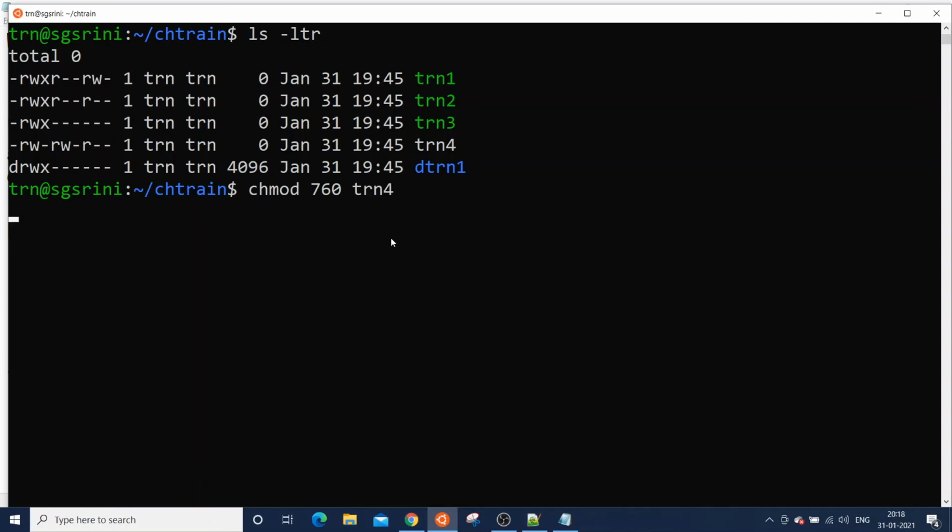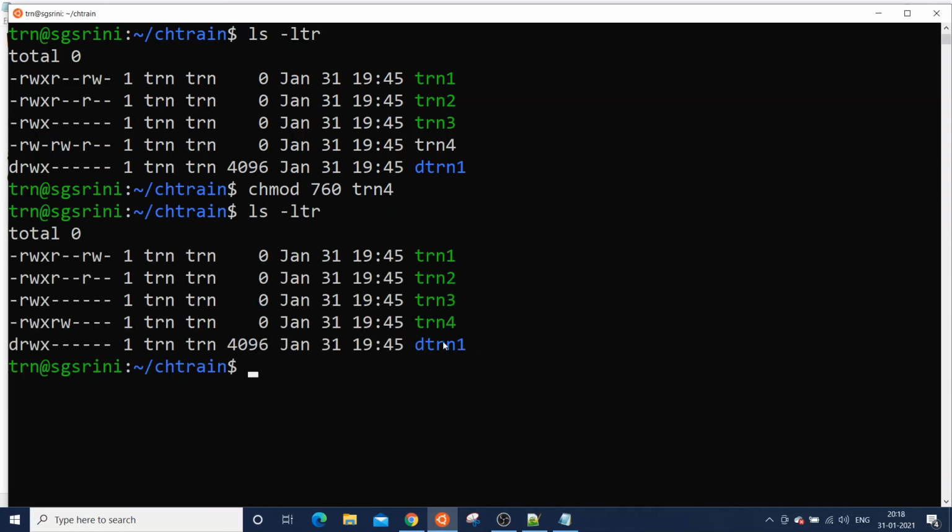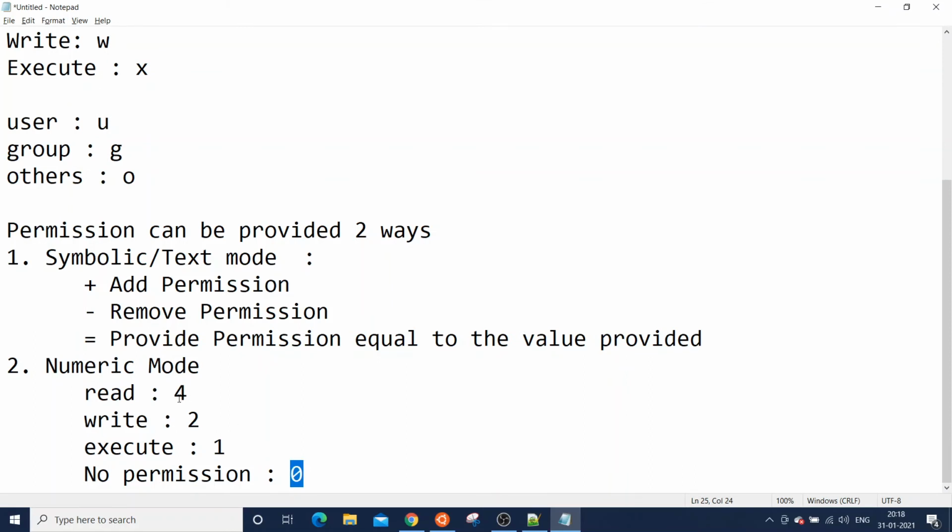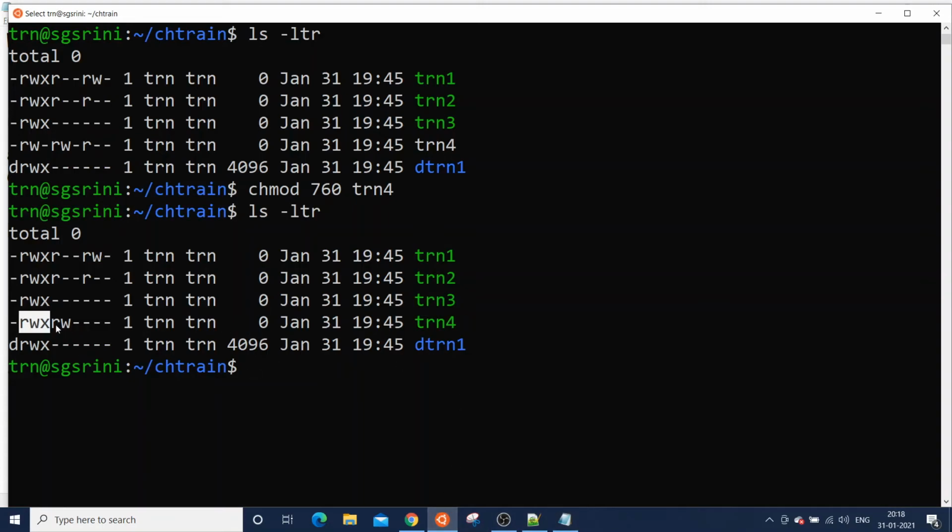We'll see what the permission is for this. ls -ltr, it is train4. 760 means the user, the creator of the file, has all the permissions, and 6 is the combination of read and write, 4 plus 2, 6. So read and write for train4. Yes, for the group it is read and write, and for others it is 0.